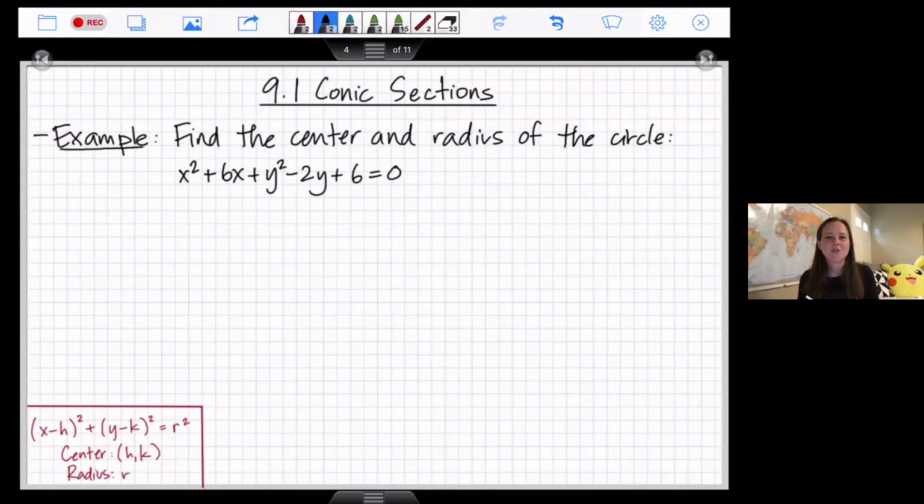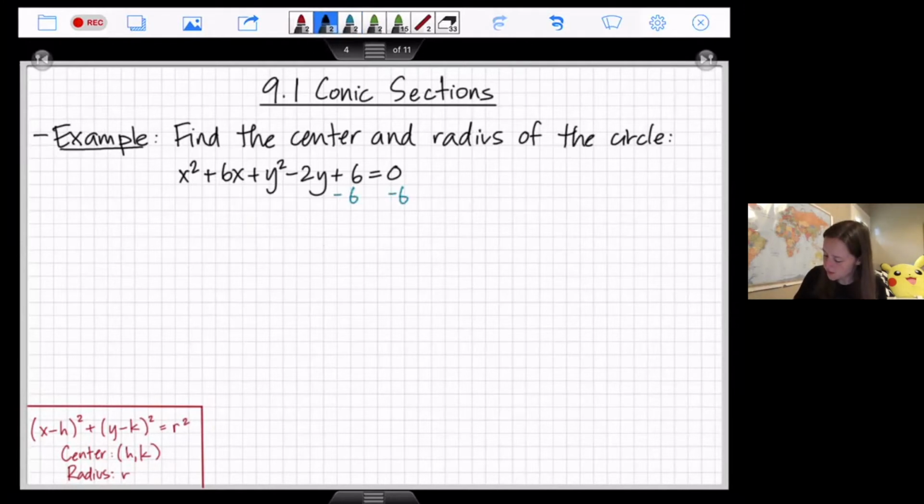All right, here's the equation that I had graphed in Desmos, which clearly gave us a circle, but the equation didn't look like the equation of a circle. So the technique to get from the equation I've got to the one that I want is one that you may have learned before, but probably forgot, called completing the square. And completing the square involves adding some magic numbers to the equation. But the first thing I'm going to do is move this 6 over to the right. So we're going to move the number part over to the right